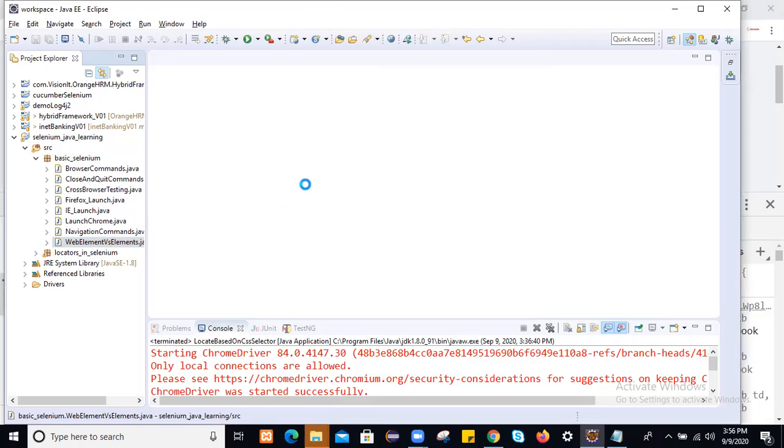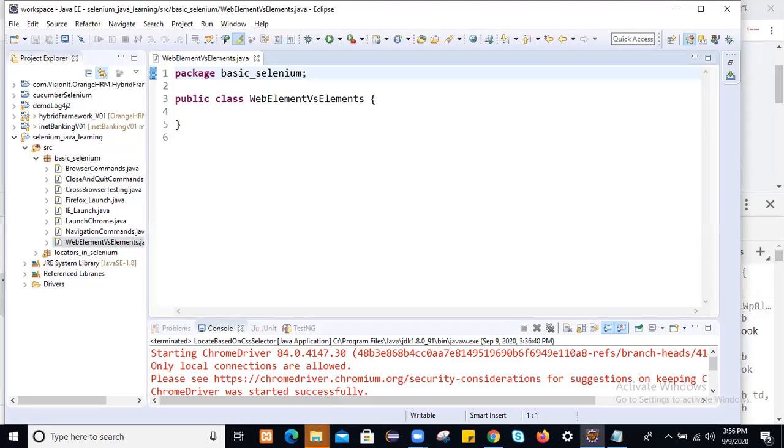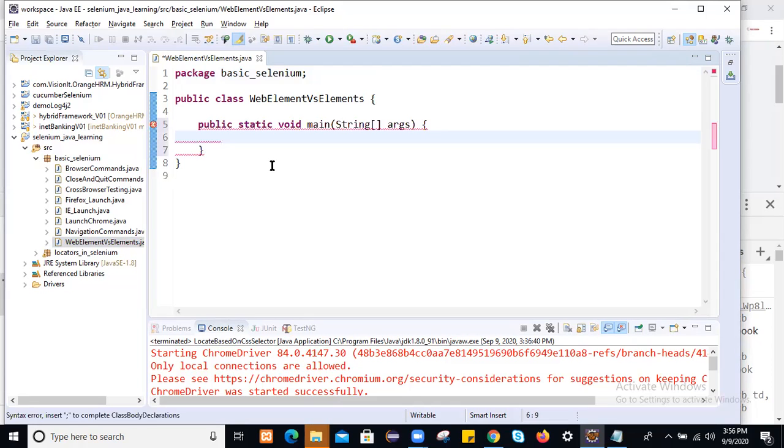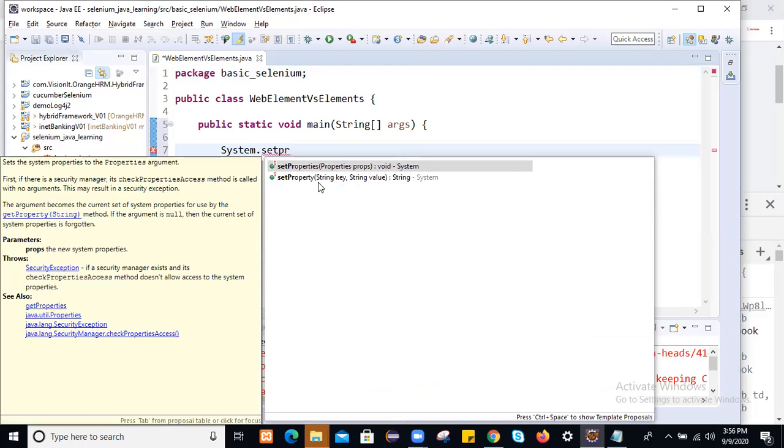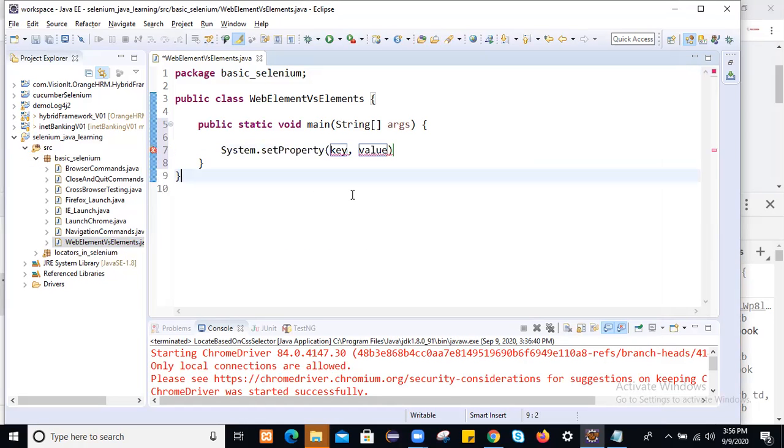So we create a class, create the main method, and then we will set the system property to load the browser by using the System.setProperty method. So actually we will set the key and value here. What is the key for that browser and what is the value for that?